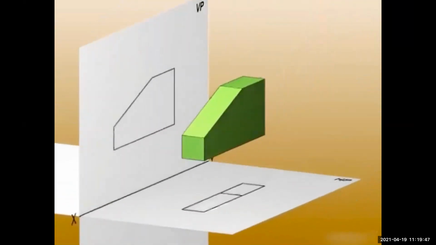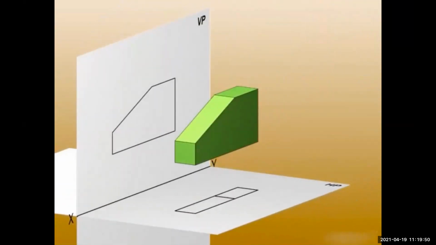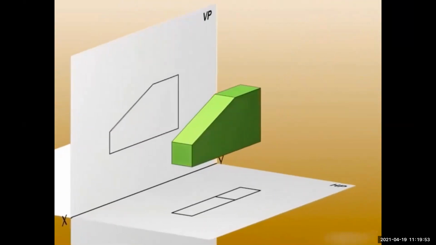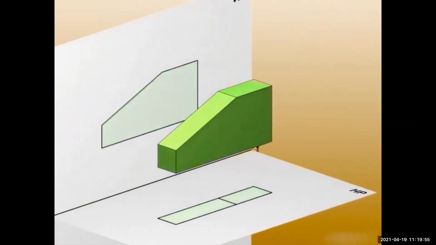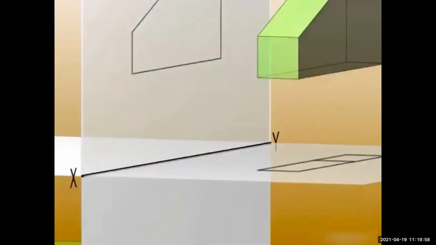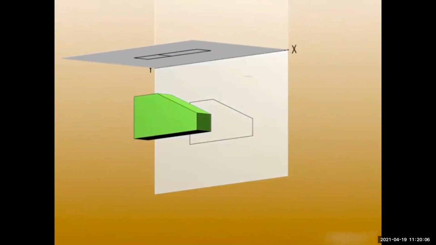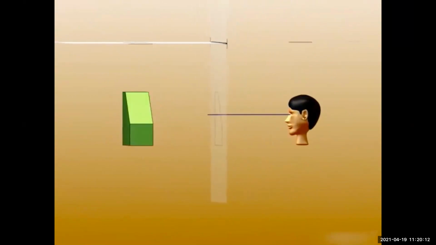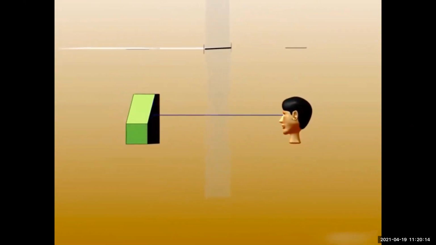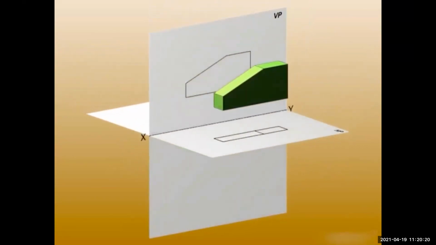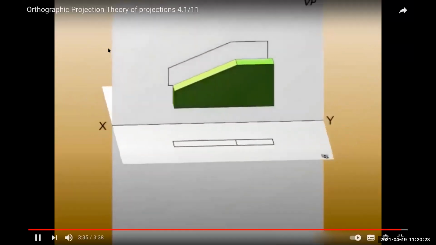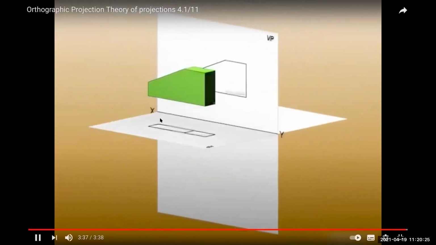In the first angle projection, the object lies above HP and in front of VP. The projection of the object is like a mirror image. For the third angle projection, the object lies below the HP and behind VP, and the plane of projection is assumed to be transparent, and lies between the observer and the object. So the line of sight passes through the plane, thus forming an image of the object. So with these fundamentals of projection, we are ready to delve deeper into engineering drawing.